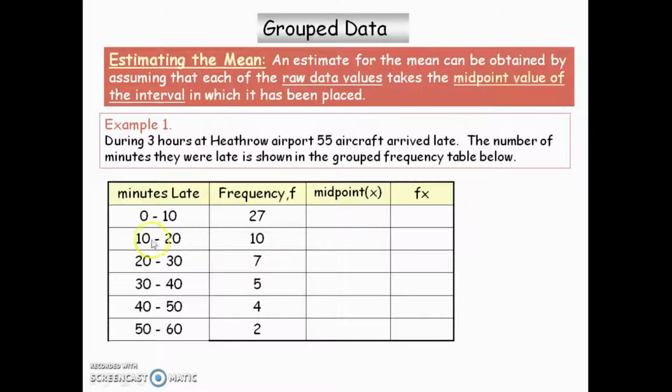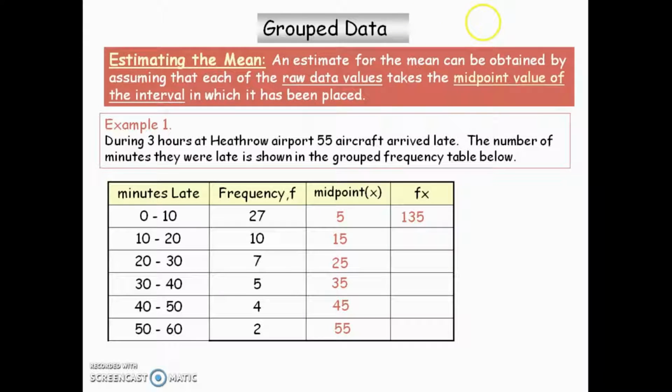And similarly, 10 plus 20 divided by 2, so my midpoint will be 15. In this way, we need to calculate the midpoint for all these class intervals. So next 15, then we will calculate 25, then 35, 45 and 55. After that, this is the total frequency we have to calculate. Then we will find the next column, which is